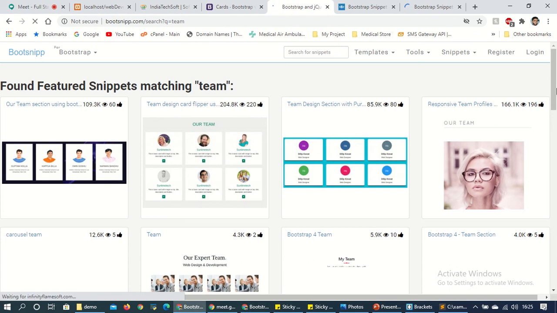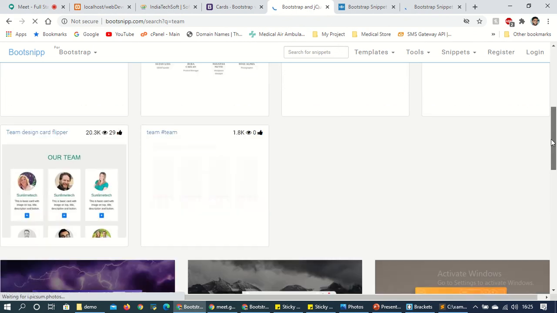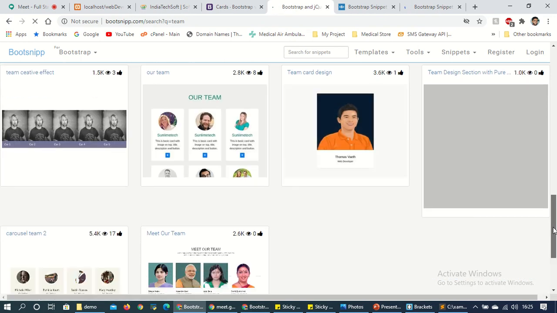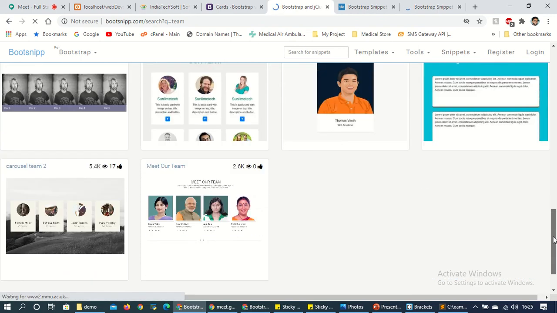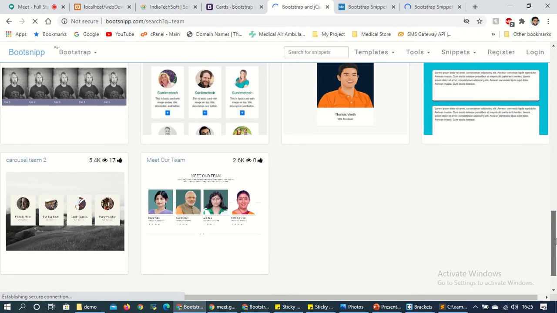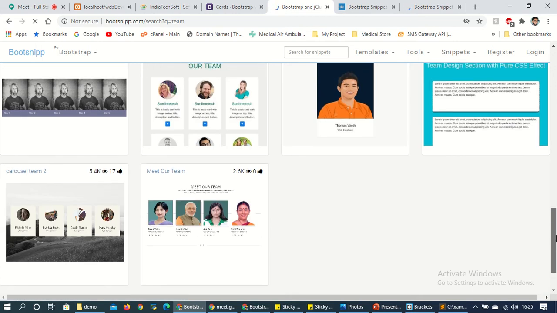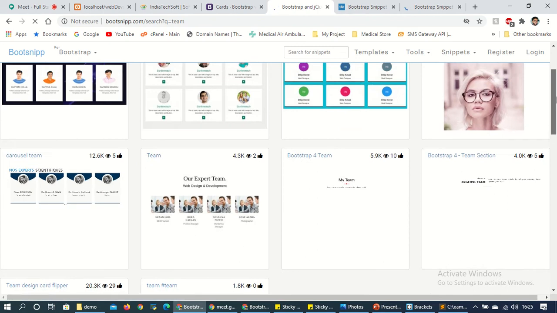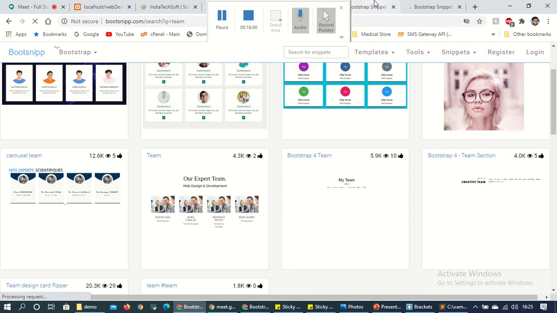So you can create a team like this. See, this one you can also use if you have more than 4 or 5 members in your team. Not only for a team, you can use it for other purposes.